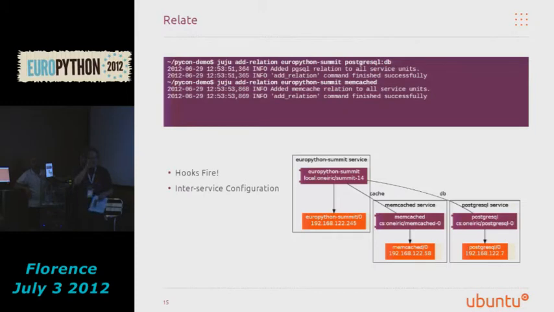I think one key thing to highlight here is we could scale out the memcache service by adding additional service units, because the Summit charm is able to support multiple memcache instances, and that is really very, very simple. You can just do juju add-unit memcached, and Juju will then provision additional LXC instances, add them to that service, and the same set of hooks that we did during add-relation will then fire again to notify the deployed Summit service that there's an additional memcached server that it needs to start talking to.